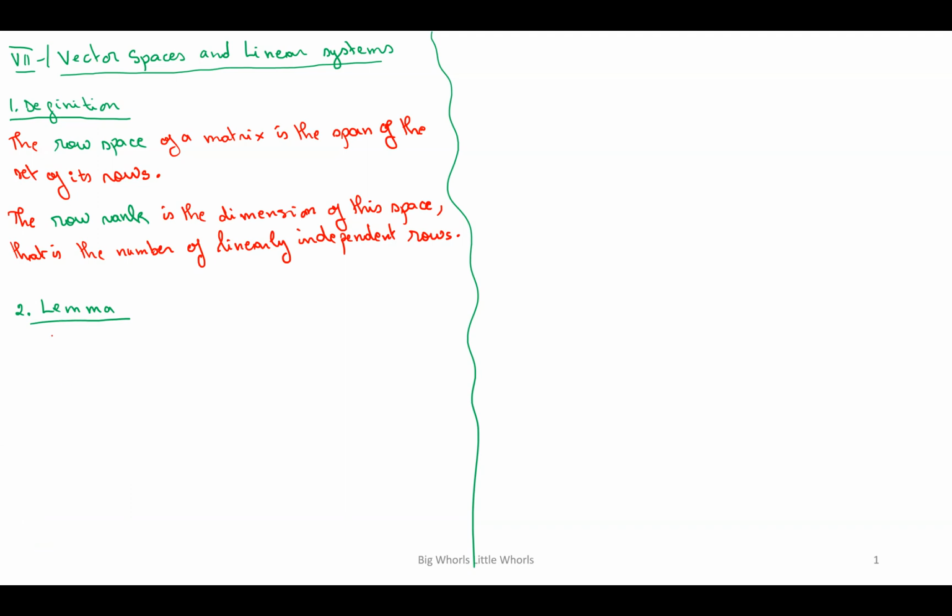If two matrices, A and B, are related by a row operation,